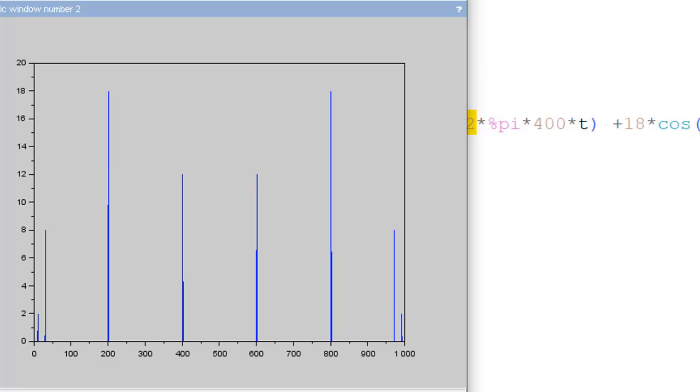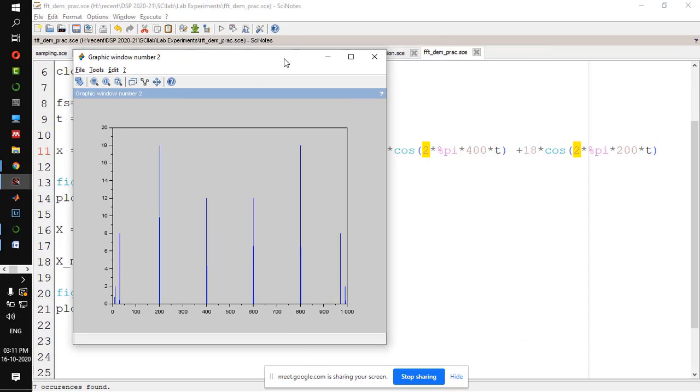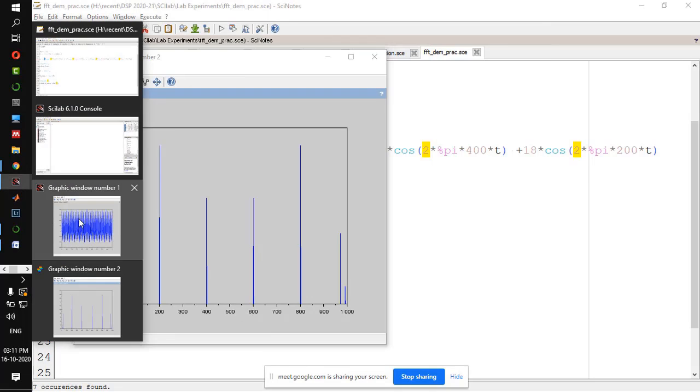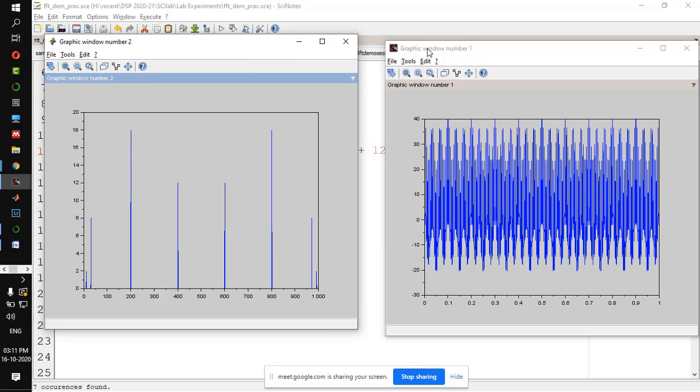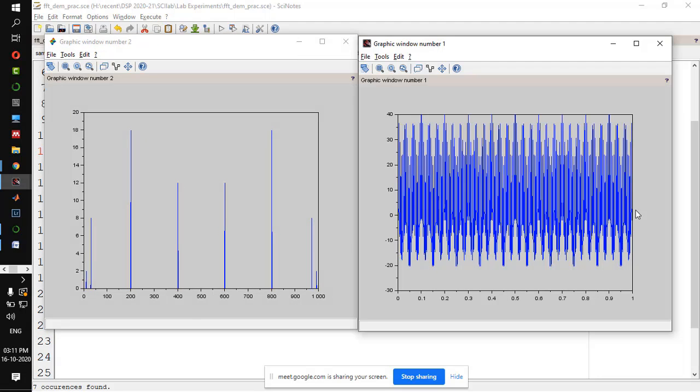Now I think you can visualize what's happening in frequency and time domain. So this is the time domain signal. If you want to see more on frequency, just take it to frequency domain by taking DFT. I end up with these impulses, so that I can nicely see how many frequency components are there and what the amplitudes of those frequency components are. Even I can check the phase angle also, but I'll stop here because